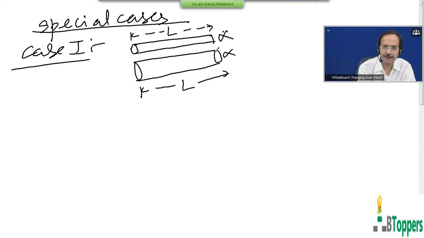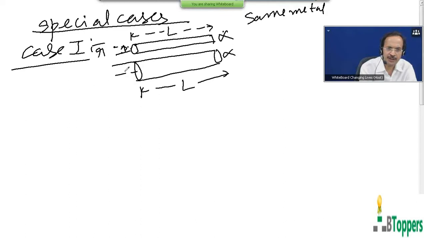If both the rods are made of the same metal and they are at the same temperature. Let small r denote the radius of cross section of the first rod, and small r dash denote the radius of cross section of the second rod. Now, as I discussed earlier, increase in the length of the rod equals alpha into original length into increase in the temperature.